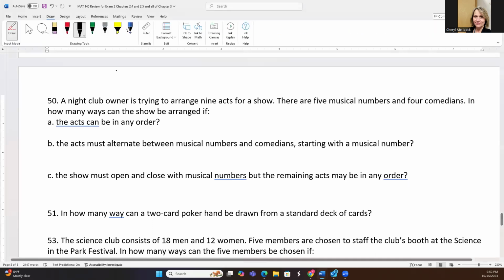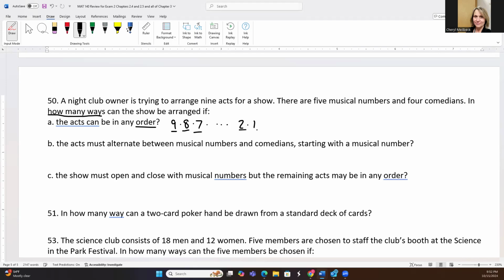So for this problem, we're not looking at probability. It just wants how many ways. So this is just counting. And since order matters, we're choosing 9 from 9 acts for the first act. For the second act, after we've chosen one of those, there will be 8, and then et cetera. So this is 9 times 8 times 7 times 6 times 5 times 4 times 3 times 2